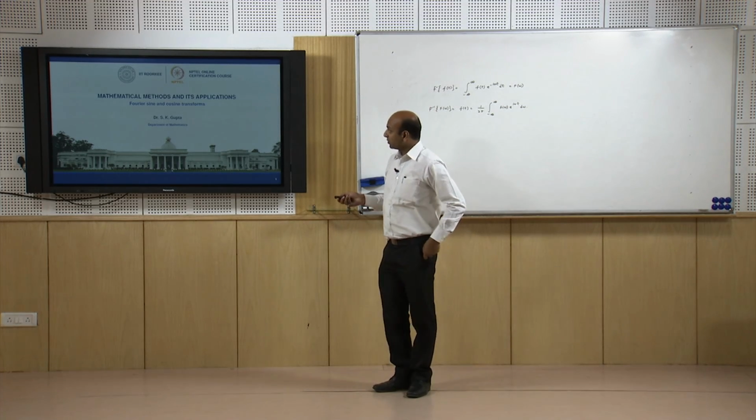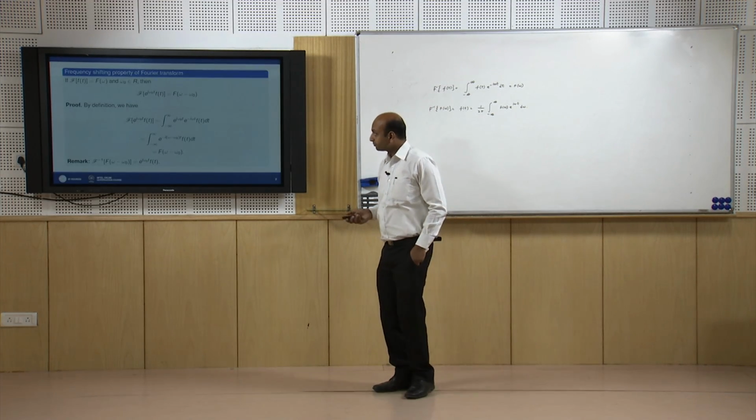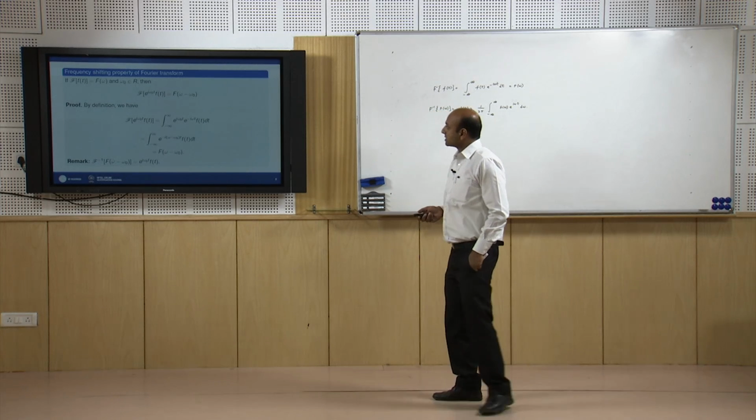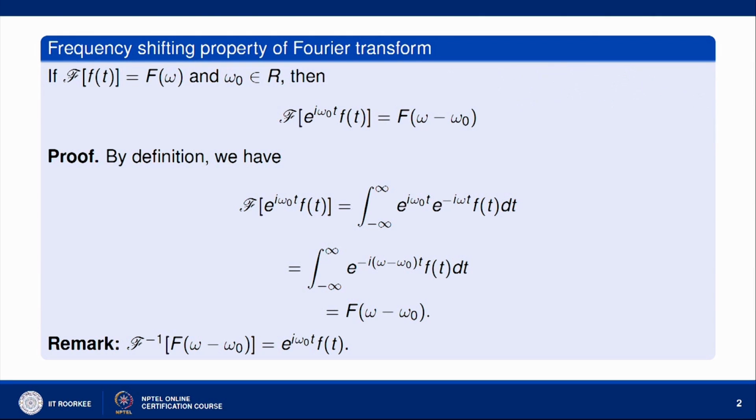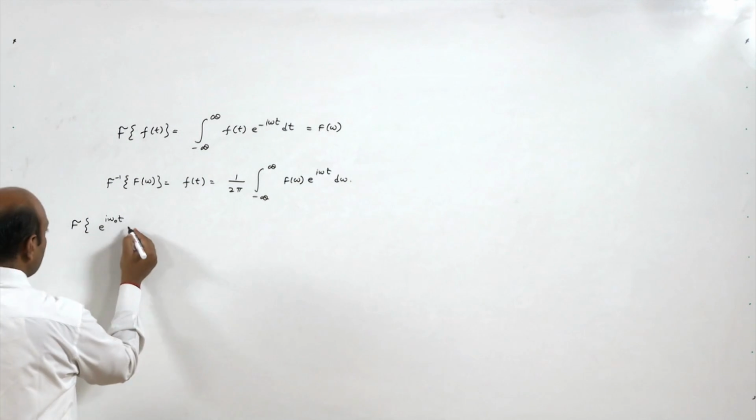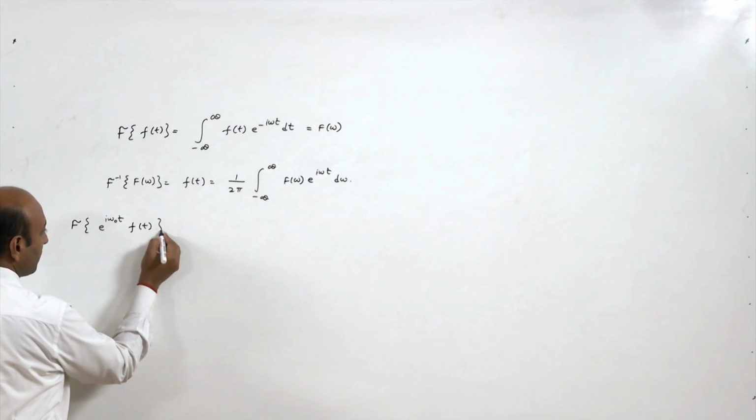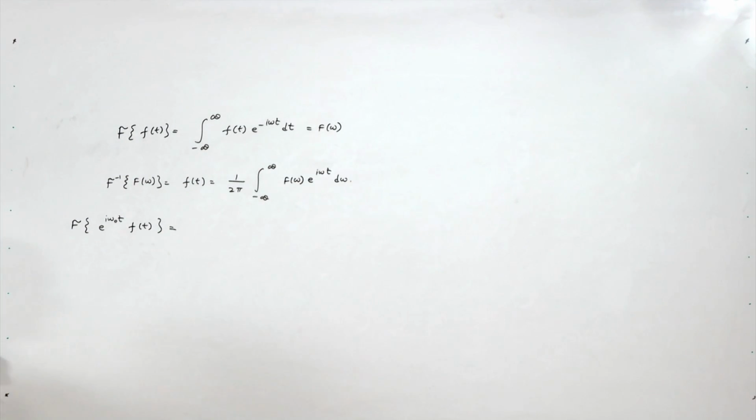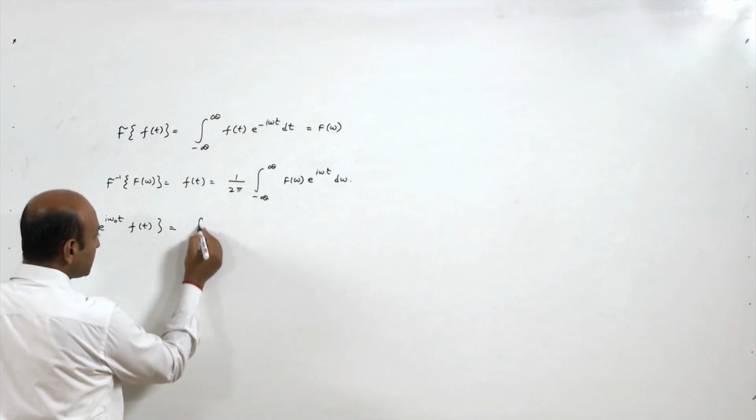Now, sine and cosine transforms. Before discussing sine and cosine transform, let us discuss the shifting property of Fourier transform also. So, suppose the Fourier transform of f(t) is F(omega) and omega naught belongs to R. Then the Fourier transform of e to the power i omega naught t into f(t), a very simple property, let us find the Fourier transform of this. So, the Fourier transform of this is nothing but the integral from minus infinity to plus infinity,